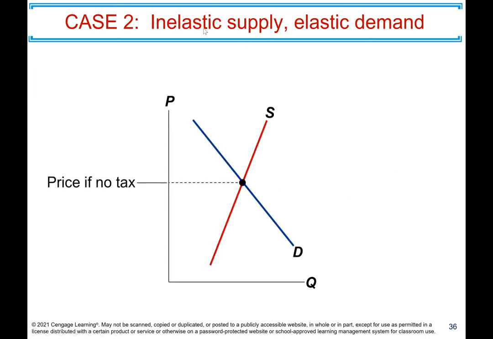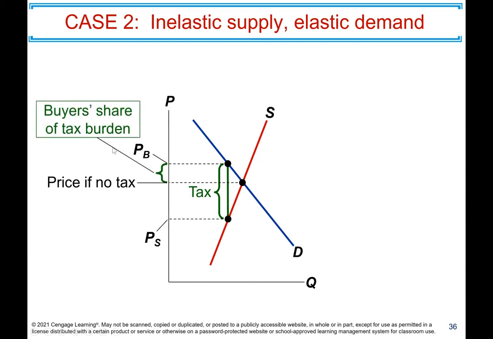What about inelastic supply? Now, this is the opposite. Supply is fairly steep, that is inelastic, and now demand is relatively elastic, or flat. And we start out with the price without tax. Now, when we impose the tax, you will see clearly who will pay most of the tax. Supply is more inelastic. This is the portion of the tax paid by the seller. So you can see that the buyer pays a smaller share of the tax because the buyer's demand is